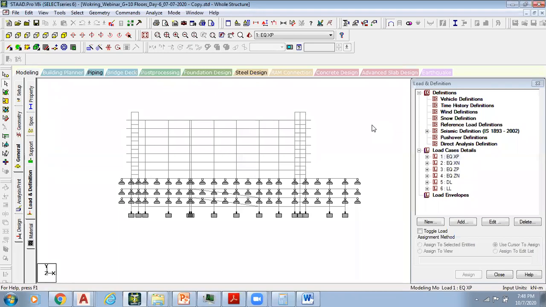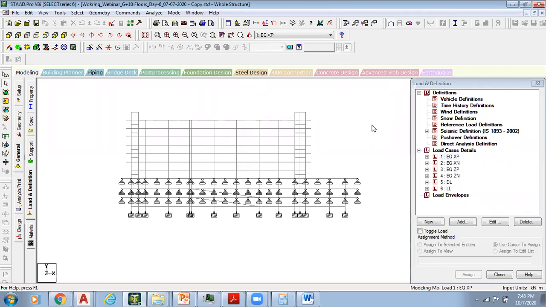The next step is, as we know completely about design, we have to finally fix the member size and provide the reinforcement for a structural element or a structure to withstand the analytical resultants, which are generated due to the load combinations or the load cases applied to a structure, right?